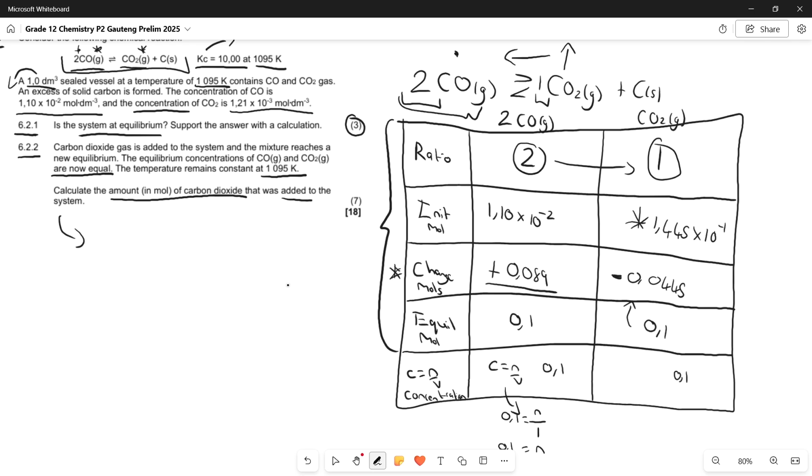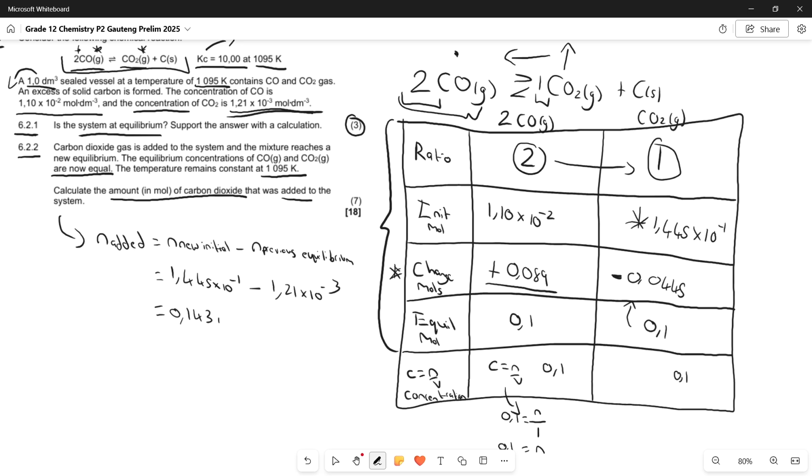And then the last step in the chain is calculate the amount in mole. As we have here, we have the initial moles of carbon dioxide that was added to the system, and what we can do is we can go n added, the amount of moles added, equals the amount of moles for the new initial minus the amount of mole at the previous equilibrium, because they didn't just take this amount of concentration or mole and put it over here. They added more CO2 to the mixture, and therefore we had to calculate the new initial and compare it to this previous initial. So therefore our new initial is 1,445 times 10 to the negative 1, and we're going to subtract the answer we have over here, the 1,21 times 10 to the negative 3,